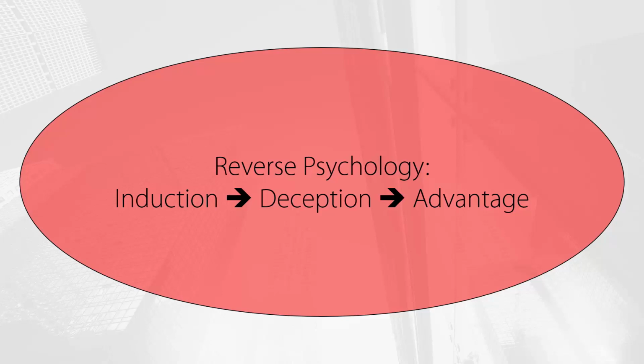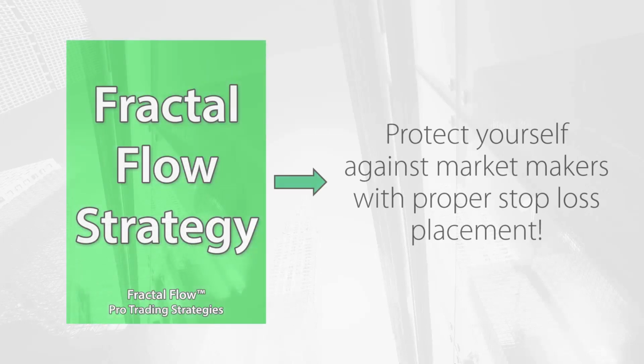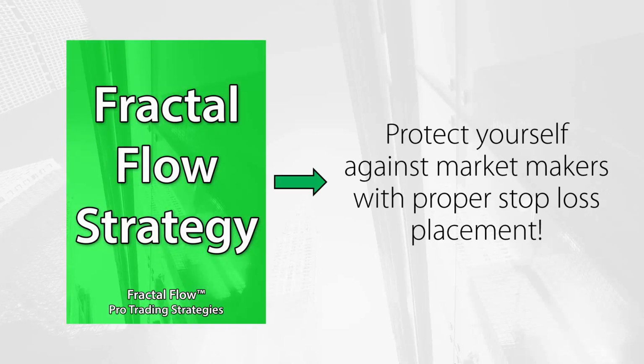Some of you might be wondering how you can avoid being manipulated by the market makers with the fractal flow strategy, since the strategy does not deal with these subtle manipulations in depth. The fractal flow strategy is one of the ways in which you will avoid these manipulations by understanding the correct places to put your stop-loss orders. The primary weapon of market makers in objective terms is your idea of where your stop-loss orders should be. If you understand where to put your stop-loss orders correctly, like in the fractal flow method, you will avoid being manipulated by the large traders.